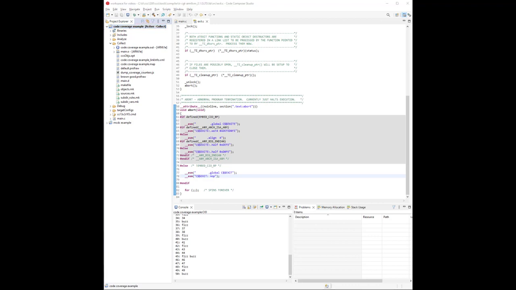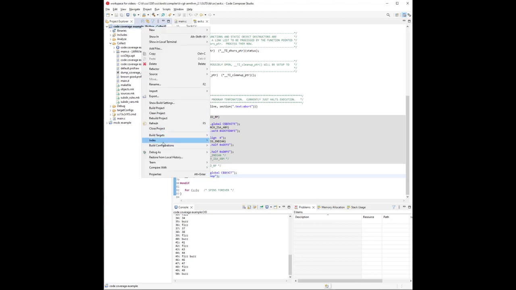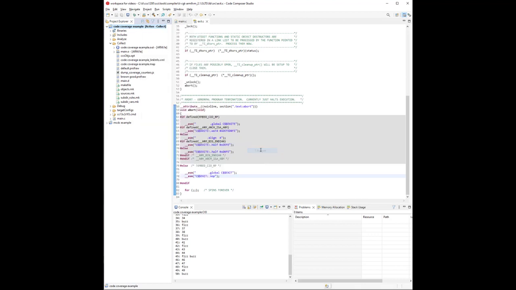The next step is to change to the Analyze Build configuration. There are a few different ways to do that, but I like to right-click on the project, select Build Configuration, set Active, change it to Analyze. So that's how I do it. So let's close up the collect build configuration and get a look at what's inside Analyze.